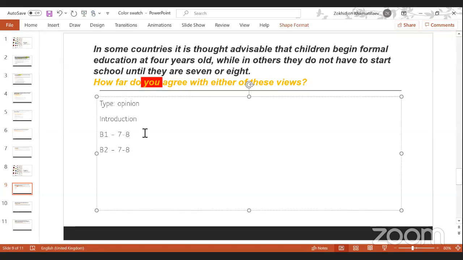Do you have any arguments why we should start at 7 or 8? Because 4 years old is too early. At this age, children are more, how to say, responsible. And at that age, in statistics, they feel like learning something, to study. They want to study something. Yeah, they understand the importance.